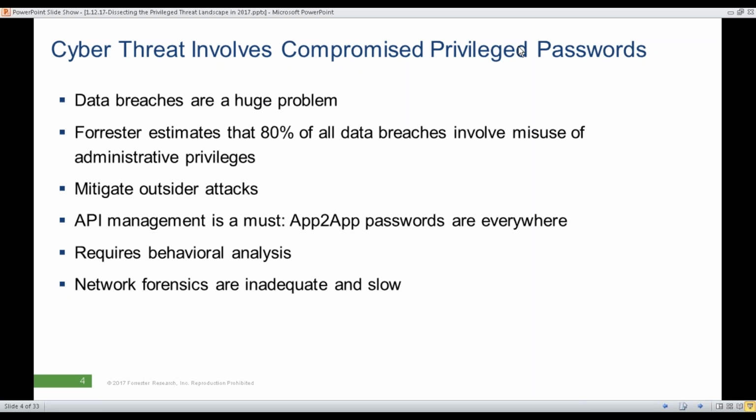Anytime you have a cloud integration, we see API management being a must, right? This is true for cloud, as I said, and also for any kind of living and breathing fabric of applications talking to one another on a corporate network. So when you have one application calling another application, you definitely want to understand how that caller application is going to authenticate to that called application. What kind of credentials are you going to be using for this? And basically how do you present those credentials, how do you store those credentials, and how do you make them not readable